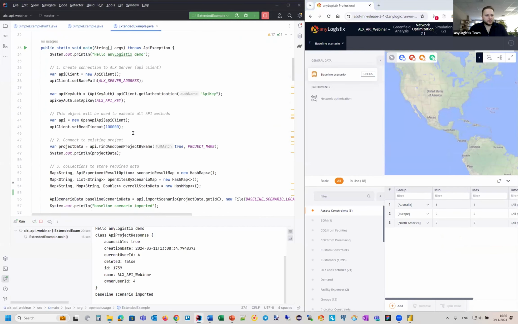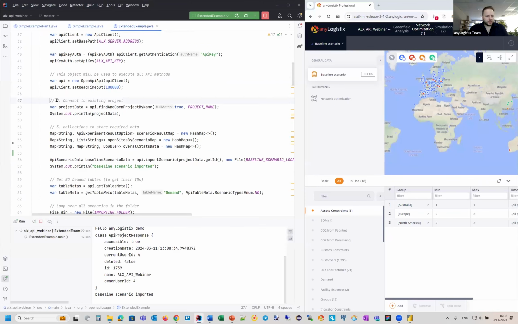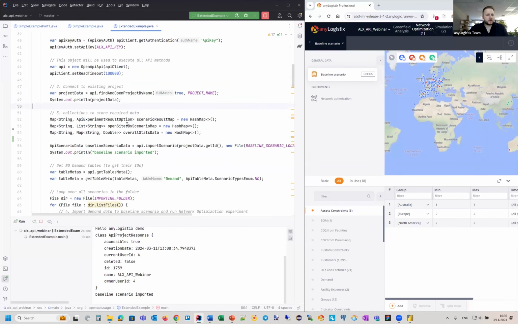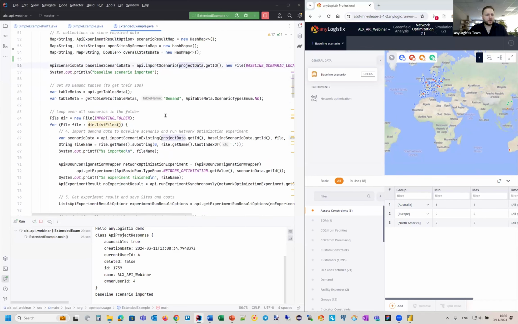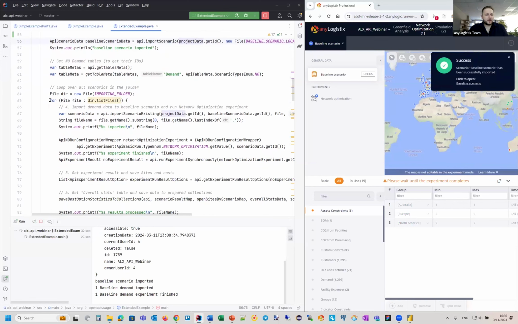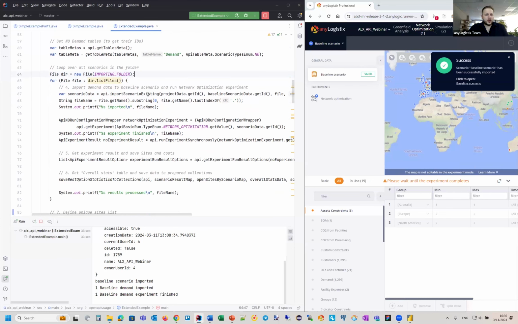And after that, here we connect to existing projects. I prepared some collections to store the data. I import baseline scenario. And after that, iterating over the files located in my importing folder, I do the importing to an existing scenario